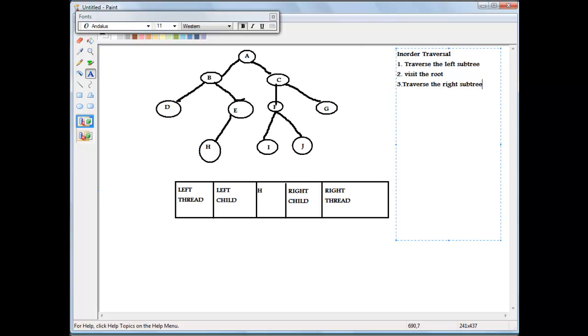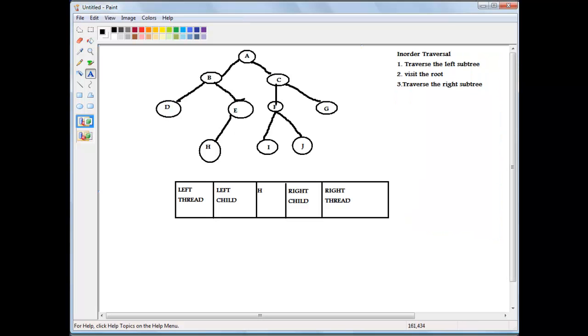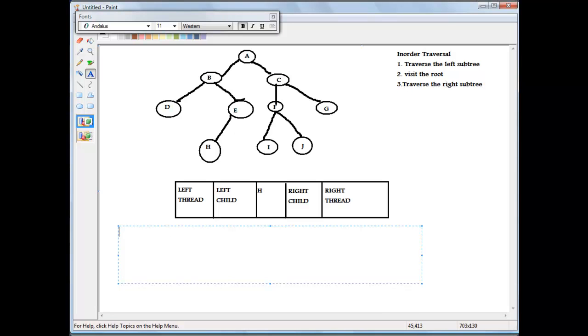These are the three basic key rules which we need to follow whenever we traverse in-order. So let's try to traverse in-order fashion in this graph. The leftmost part of this tree is this B, D, E, F, right? And under which we have